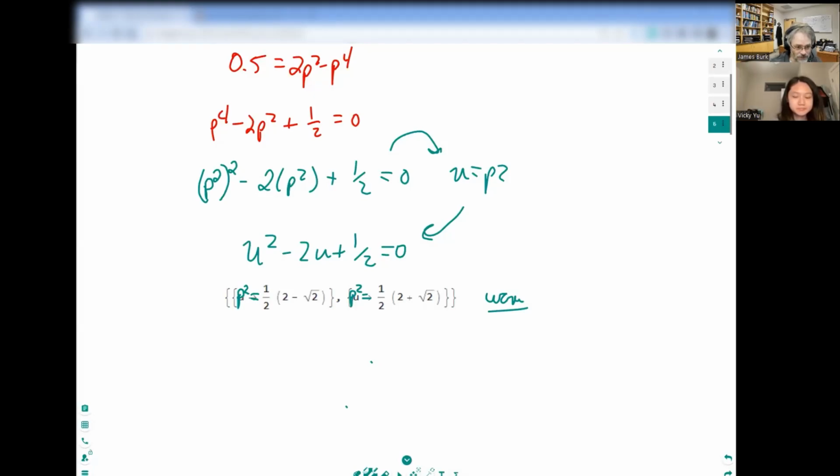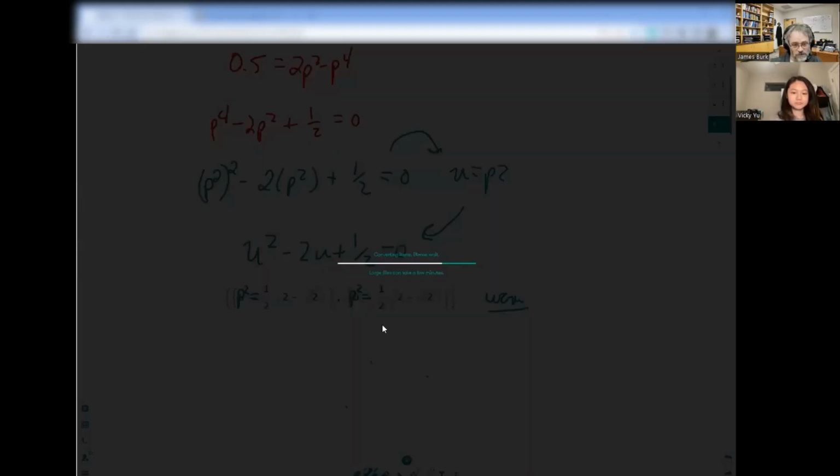Now, once you've done that, take the square root. And you do want to look at plus or minus, but since we're looking at probability, it's not going to make much sense like a negative probability. So we'll just take the principal square root. And here's our principal square roots.